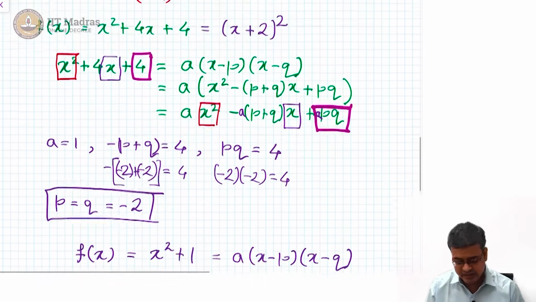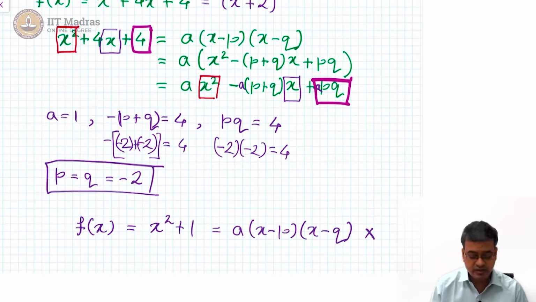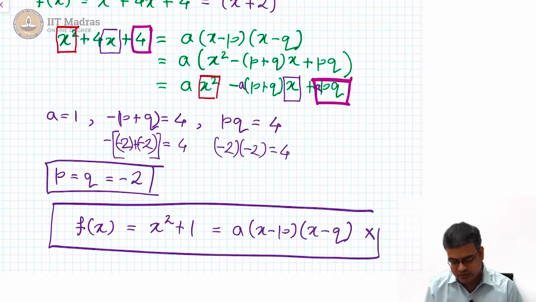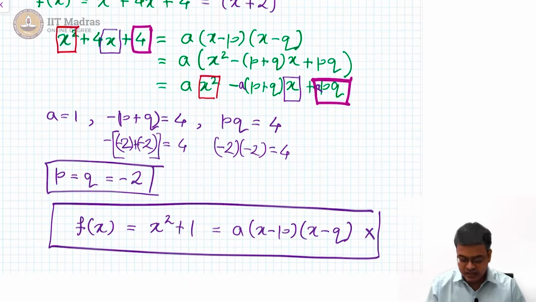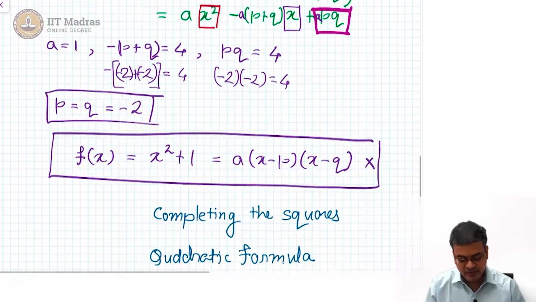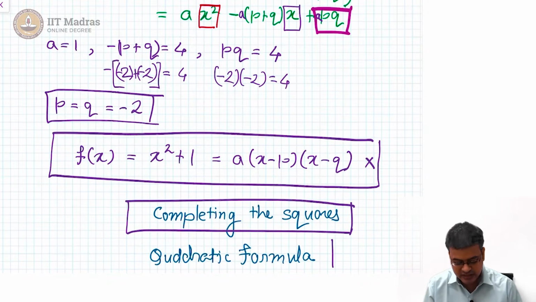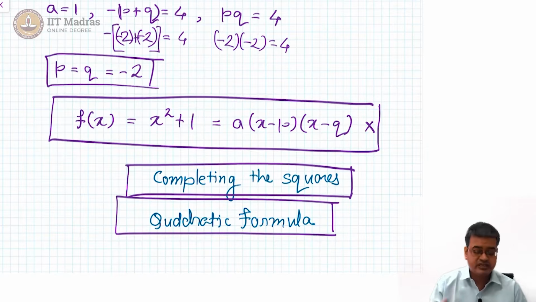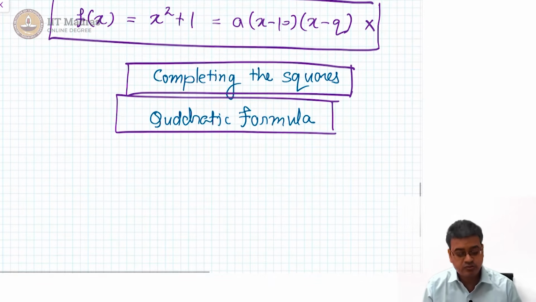So let us not get into that. This conversion is not possible in particular. This is a counter example that intercept form is not always possible. Then what is possible? For that we have employed two methods. One method is completing the squares, another method is quadratic formula, and both these methods have very similar derivations. Let us briefly recollect the derivations of both these methods.